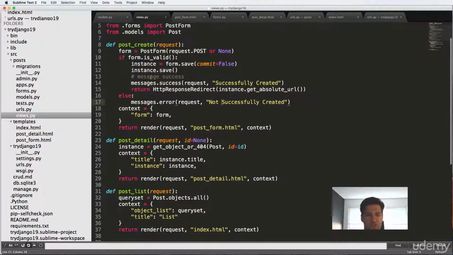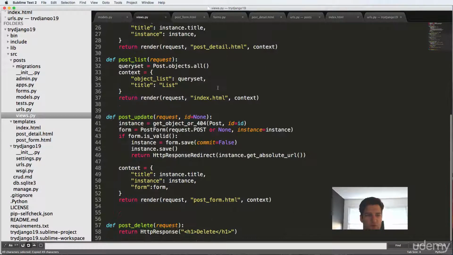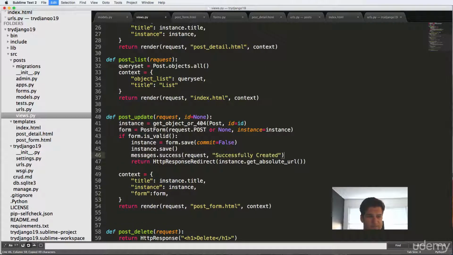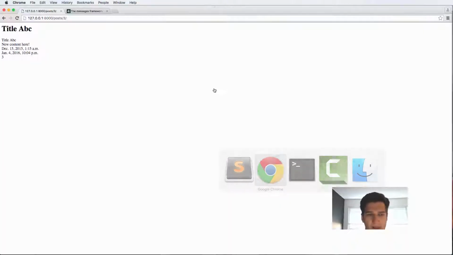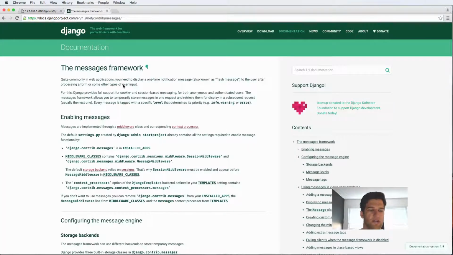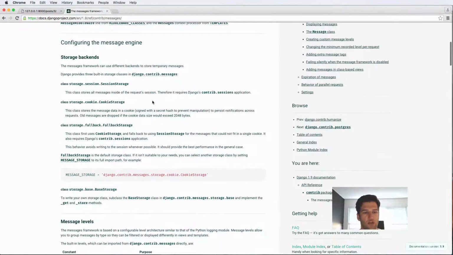We'll see this in action in just a moment, but that's something that's kind of cool. So I'm going to also use this for form valid down here. I'm not going to say if it's not valid, and I'll just say successfully saved, or just saved, or item saved, however you want to call that. Cool. So let's go back into the Django documentation for the messages framework, and you can read along about how